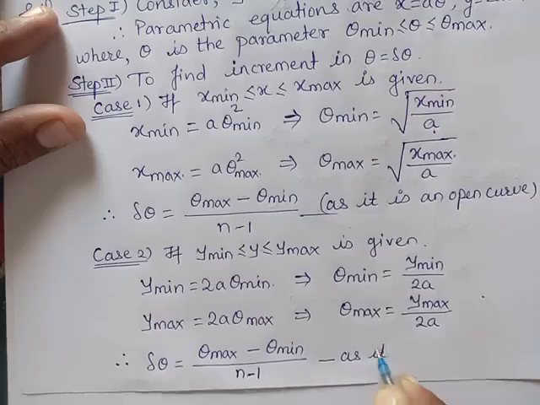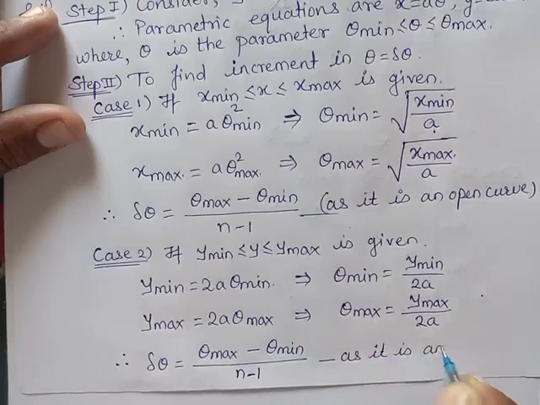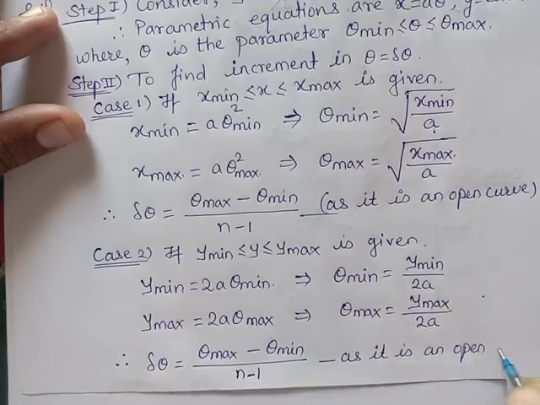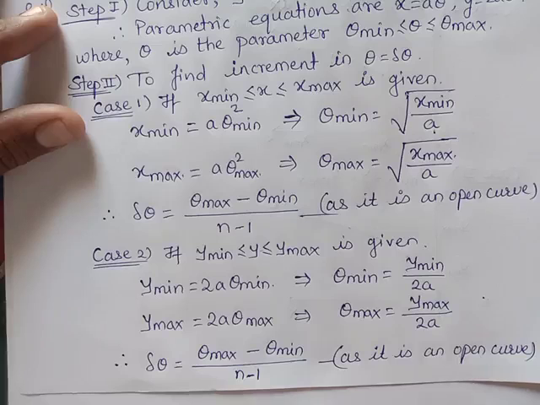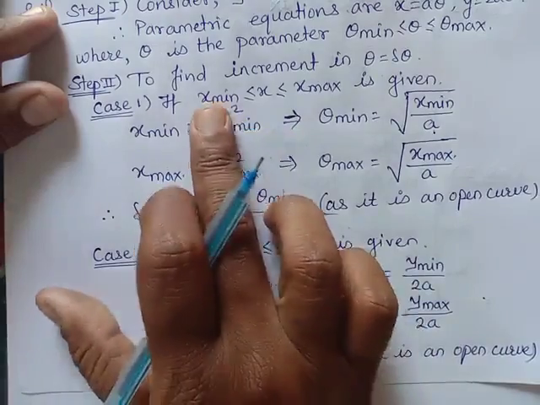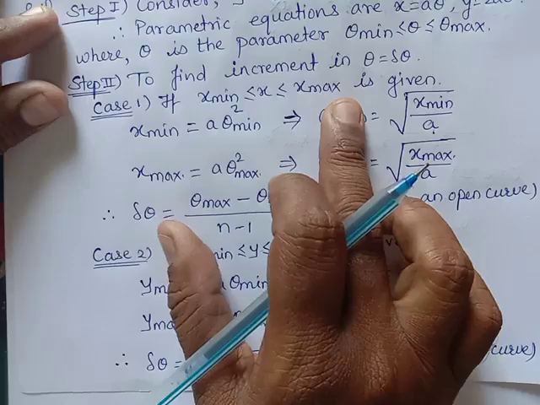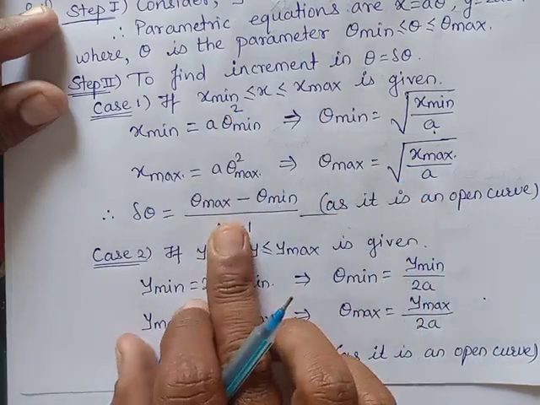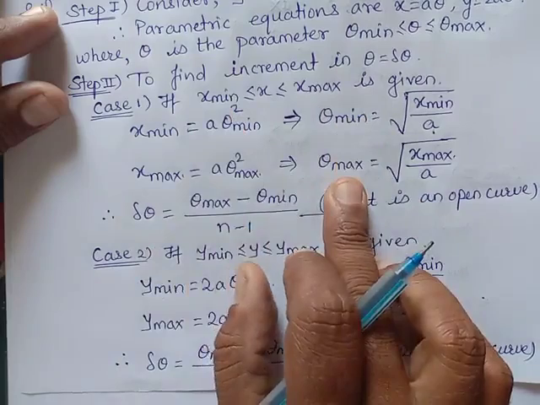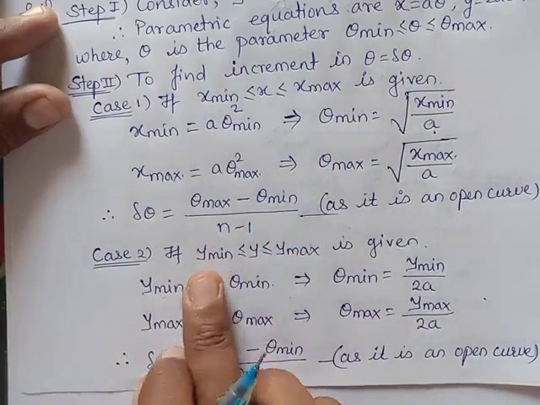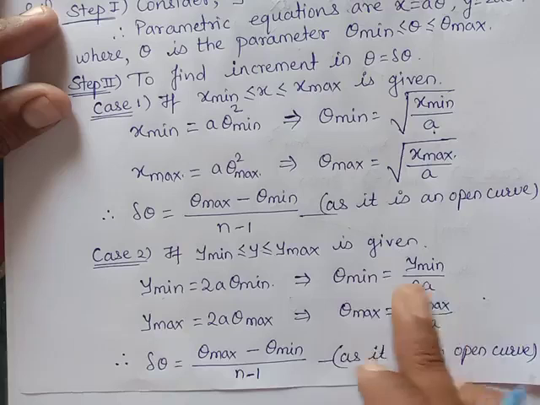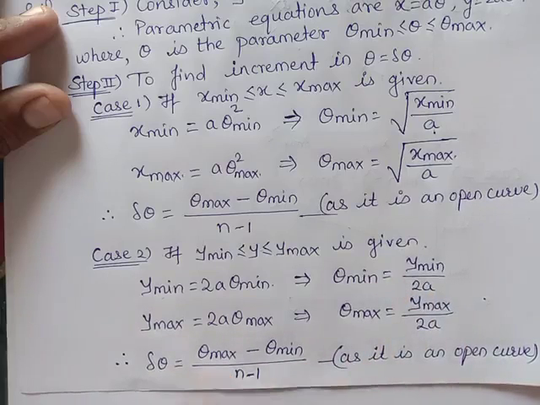as it is an open curve, right? So here either the range of x, that is x minimum, x maximum, is given. From that we will determine delta theta by finding theta minimum, theta maximum. Or in the other case, the range of y is given, then also we can determine delta theta. Okay, now step 3